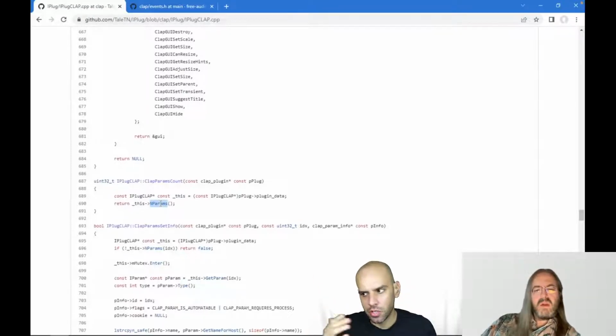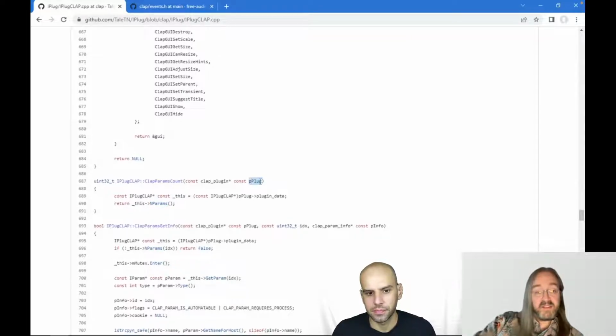But if you were to just create a clap plugin, this could be a function that literally just returns one number if you wanted. Yeah, so if you hardcode, because you're just making one plugin with 6 parameters, sure, then you could just write return 6. You don't even need the parameter here that I'm using, because you can just return 6 and be done with it. Interesting. Okay, I like that.